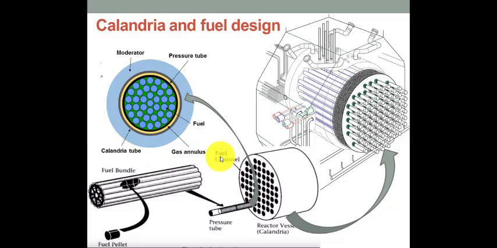It is about 10 centimeters in diameter, 0.5 meter long, and weighs about 20 kilograms. Each fuel bundle can generate about 1 gigawatt hour of electricity during its time in a CANDU reactor, after which it is replaced. In the diagram, you can see these assemblies lying here. The fuel rods can be seen here.